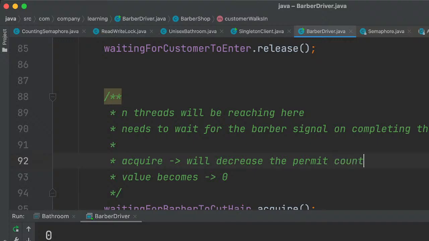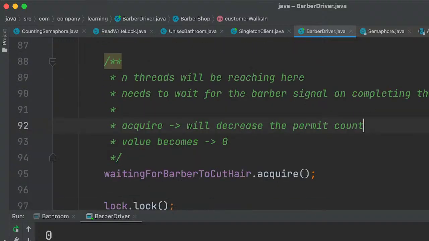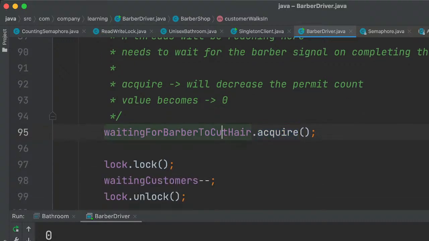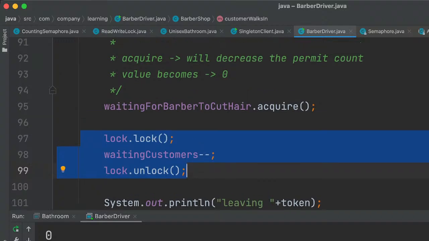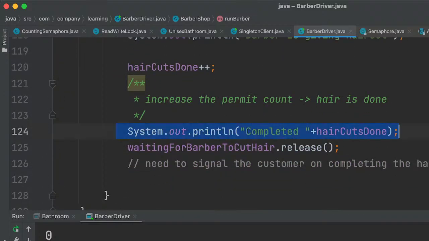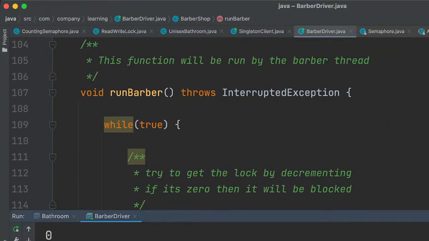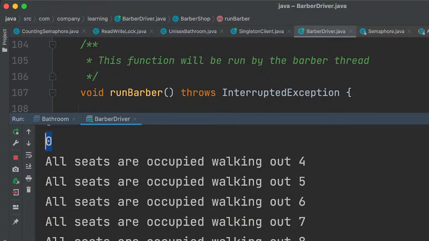So it means if it is 1, then only the acquire can be done by a thread, and it will go outright. So for the thread, in that case,